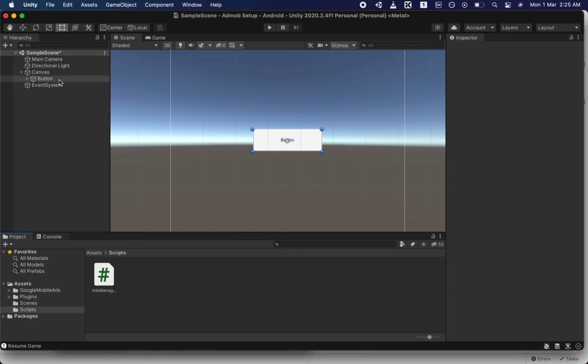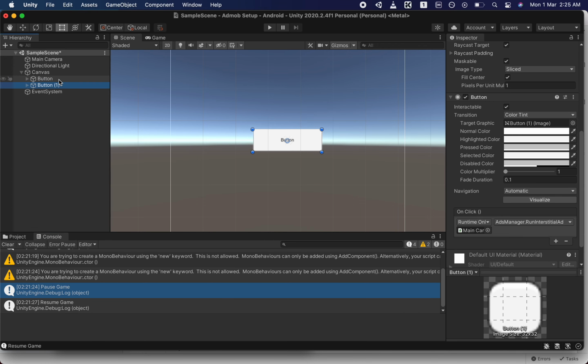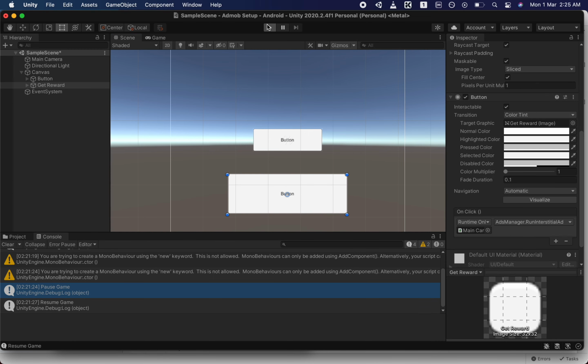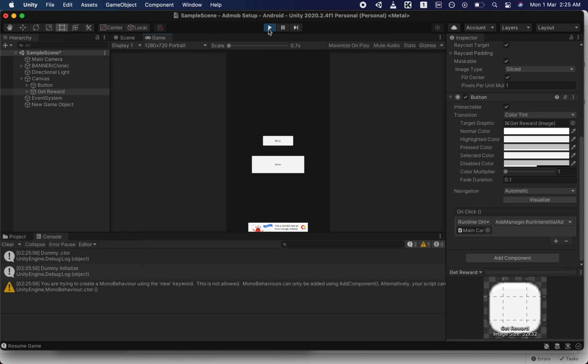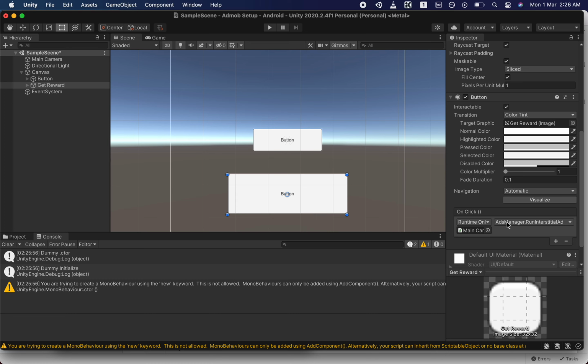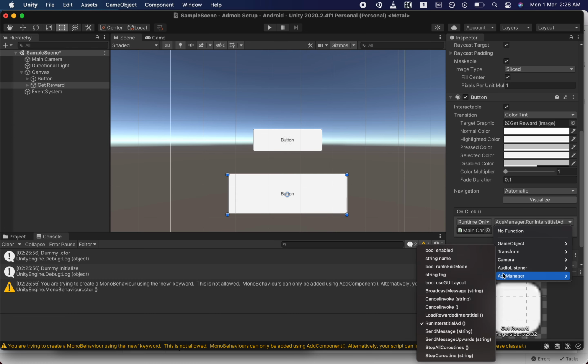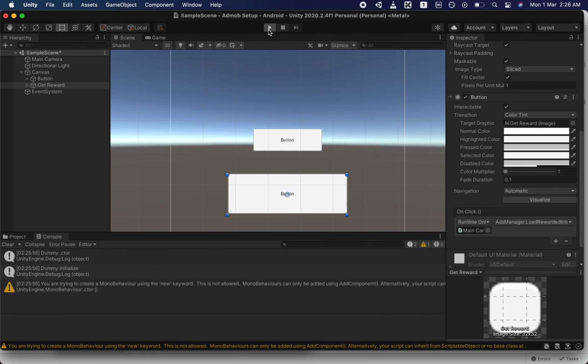Here duplicate this button, call it get reward, and move it to the bottom. Before we hit play, we need to change this from run interstitial ad to the rewarded ad. So here in Ads Manager, select LoadRewardedInterstitial. Now hit play.